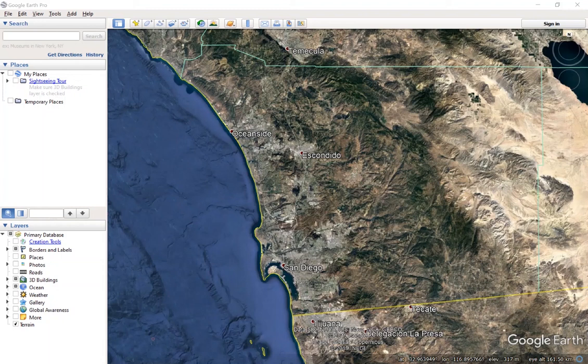I've had a couple people ask me recently how to create a layer of different features in Google Earth Pro and then import them into ArcGIS Pro to make them part of your ArcGIS Pro project. It's pretty easy to locate and delineate features in Google Earth, so this is a pretty useful workflow if you just want to whip up a set of features where you know where they are. You can just get to them really quickly in Google Earth and mark where they are, and then bring them